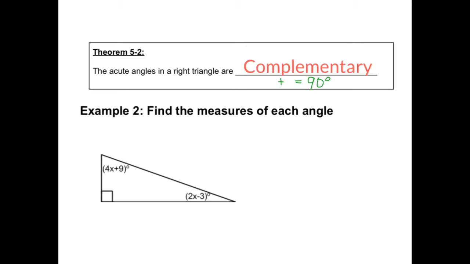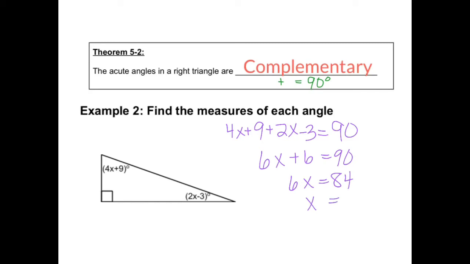The acute angles in a right triangle are complementary, which means that they add to equal 90 degrees. And again, that should make sense because 90 degrees is used up in the right angle, so then there are 90 degrees left in those 2 remaining angles, and we can use that just to really simplify our equation a little bit. So instead of worrying about 4x plus 9 plus 2x minus 3 plus 90 equals 180, we can just say that these 2 angles sum to 90 degrees. So then we can simplify this and start solving. And again, it just makes it a faster